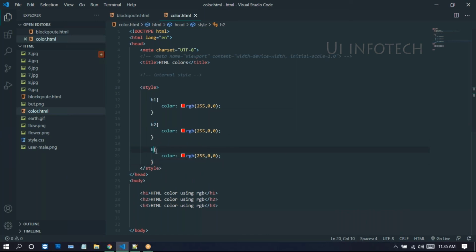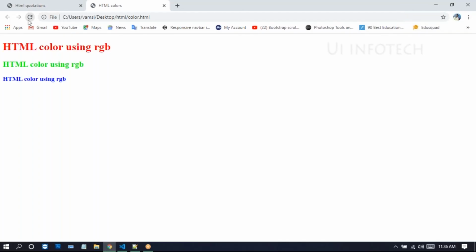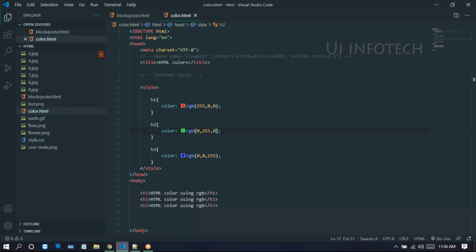Now I copy this color and paste it here, and take one more copy and paste it there. For H3, I delete this and give 0, 0, 255. For the green one, red is 0, green is present, so we take 0, 255, 0.